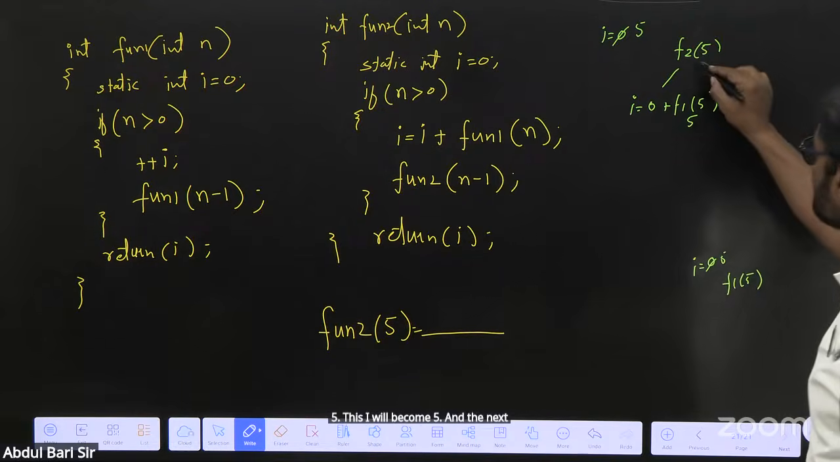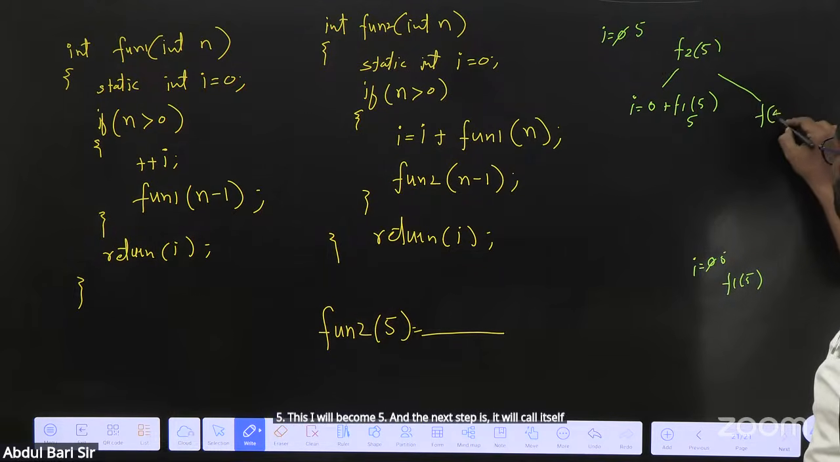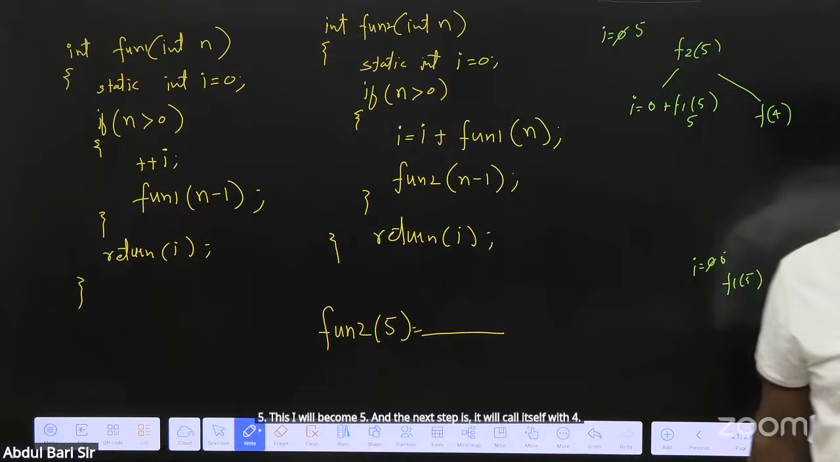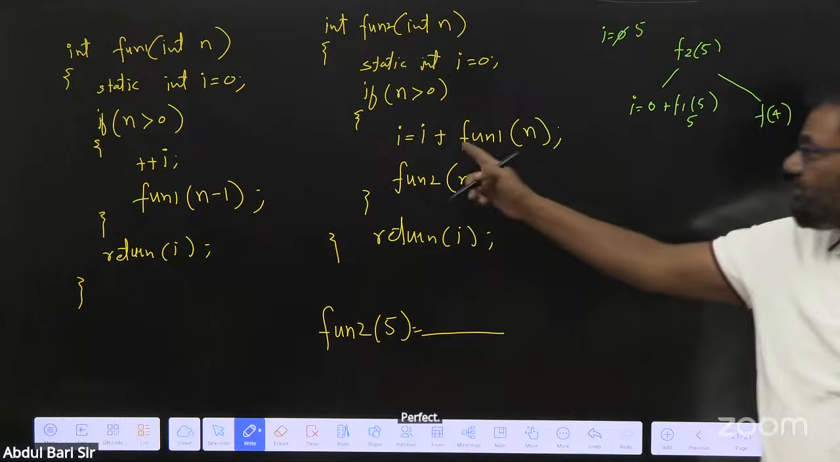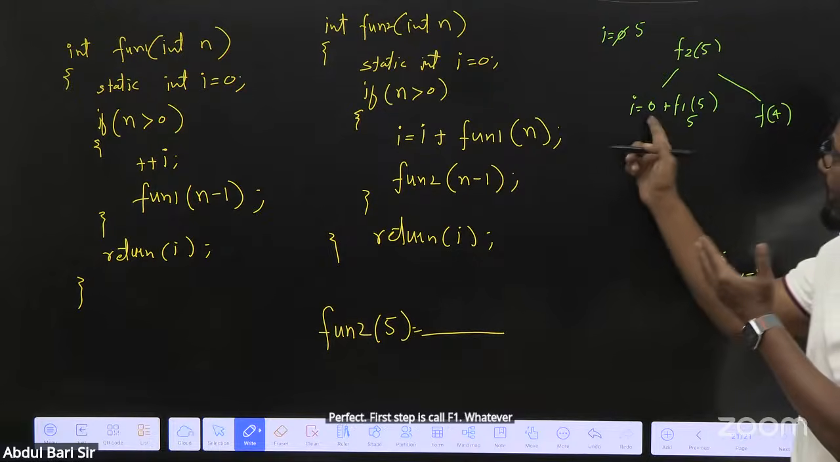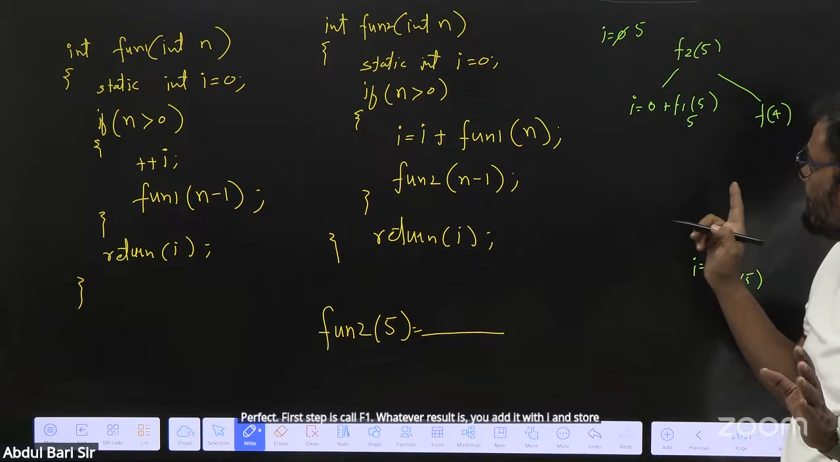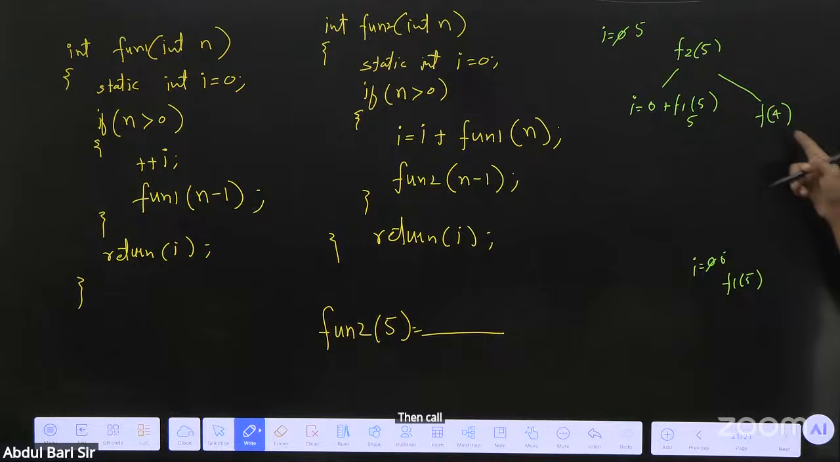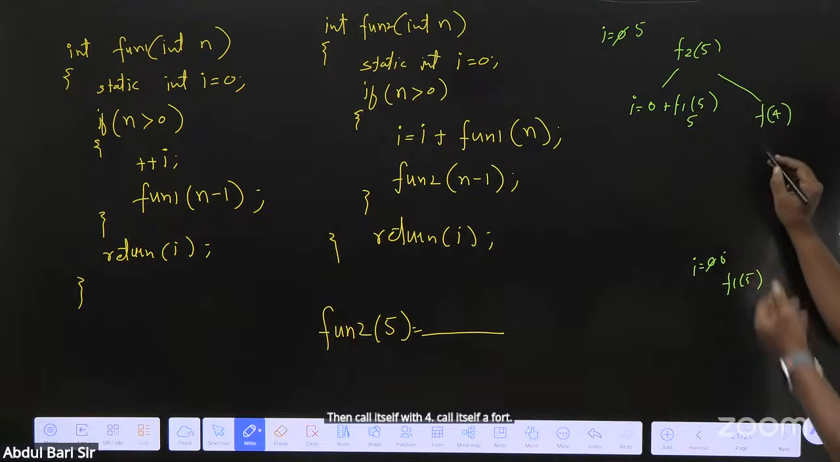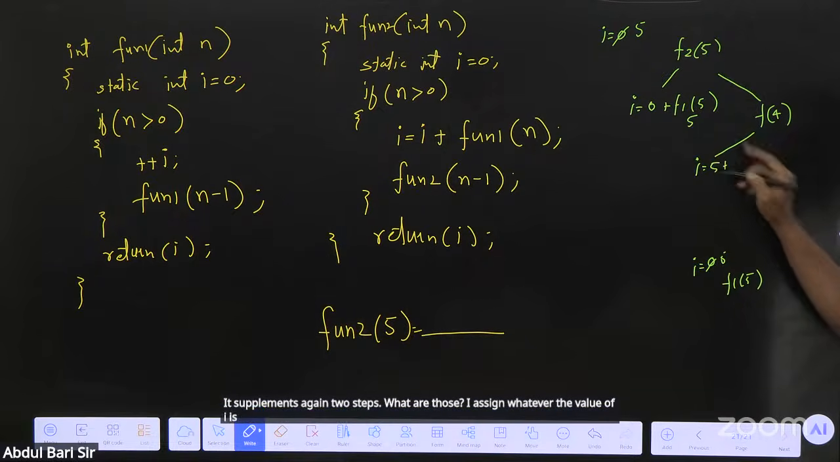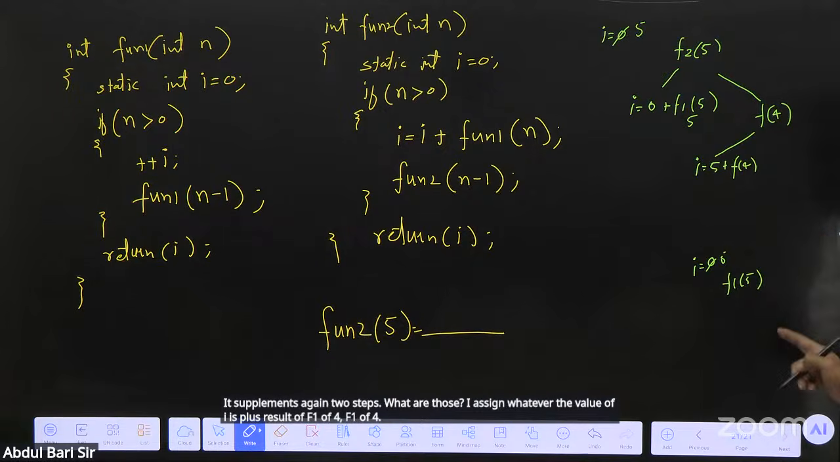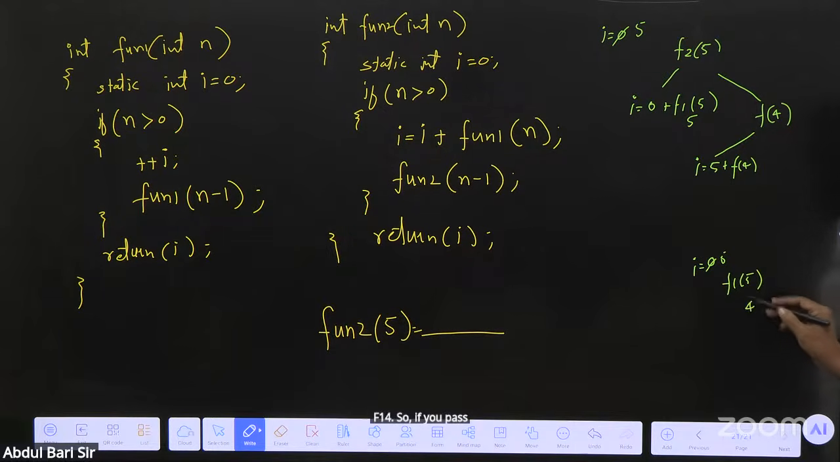And the next step is it will call itself with 4, N minus 1. Is it correct till here? Perfect. First step is call F1. Whatever its result is, you add it with I and store the result in I. Then call itself with 4. Itself means again two steps. I assign whatever the value of I is plus the result of F1 of 4. So if you pass 4 this time,